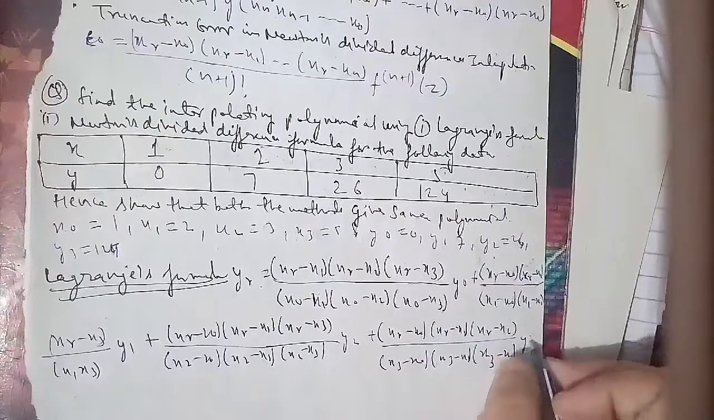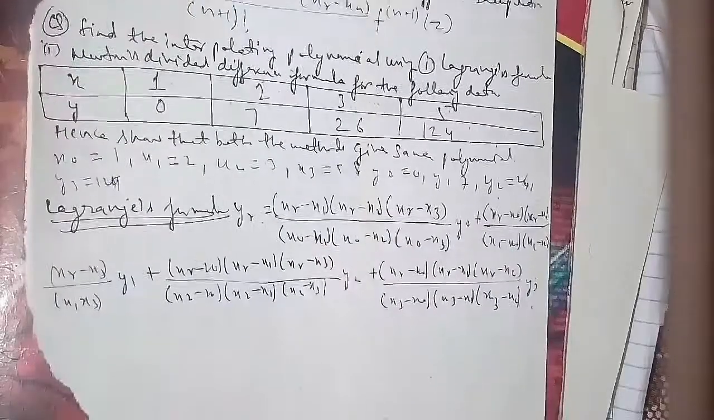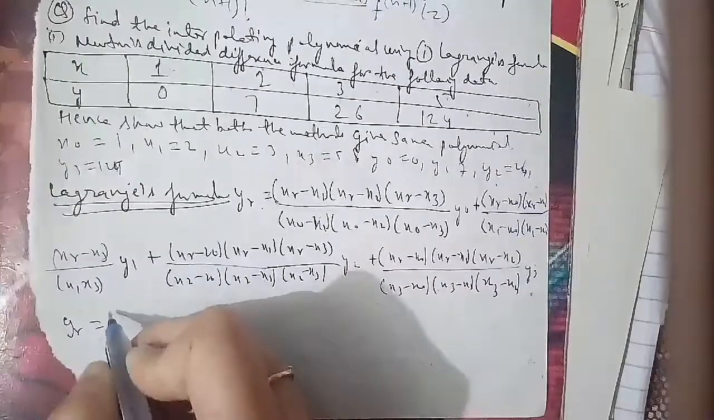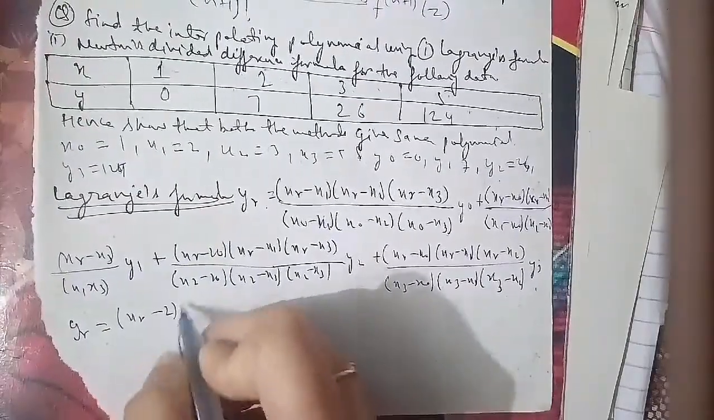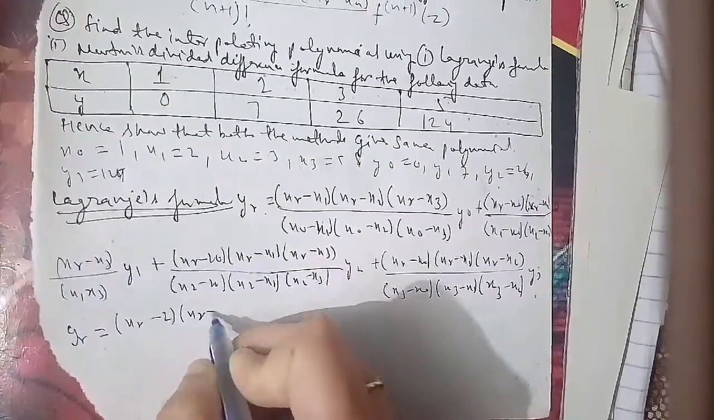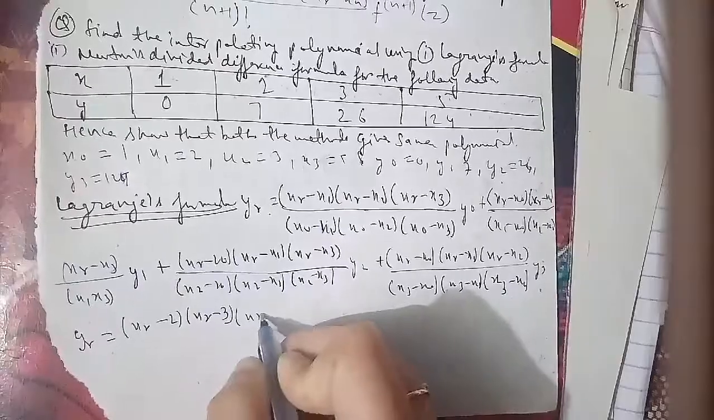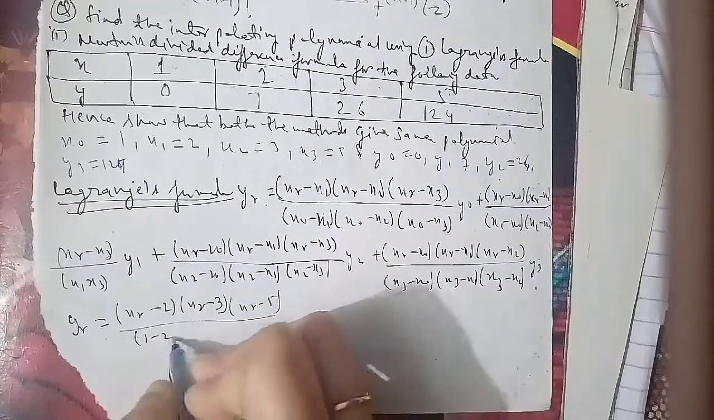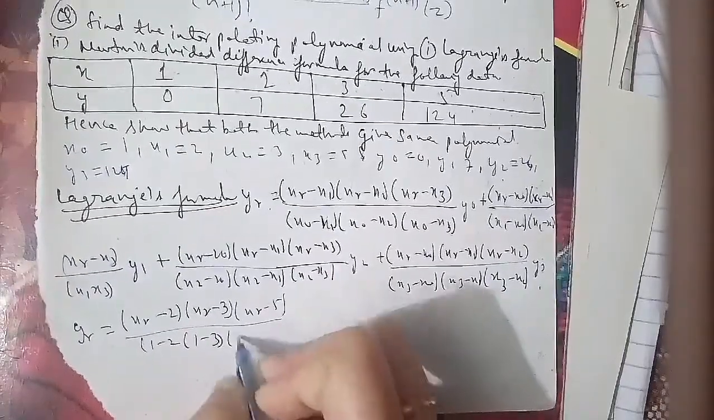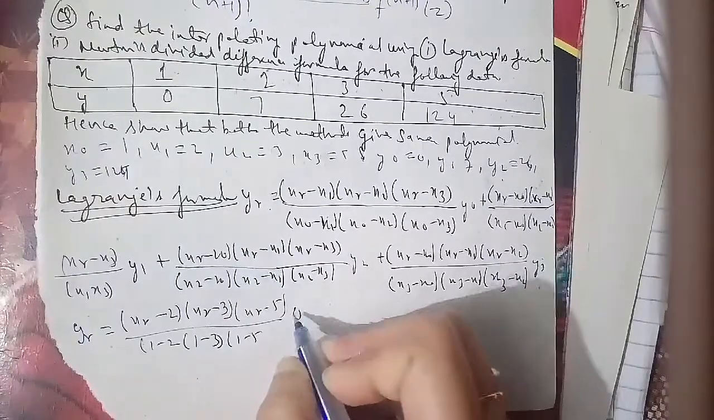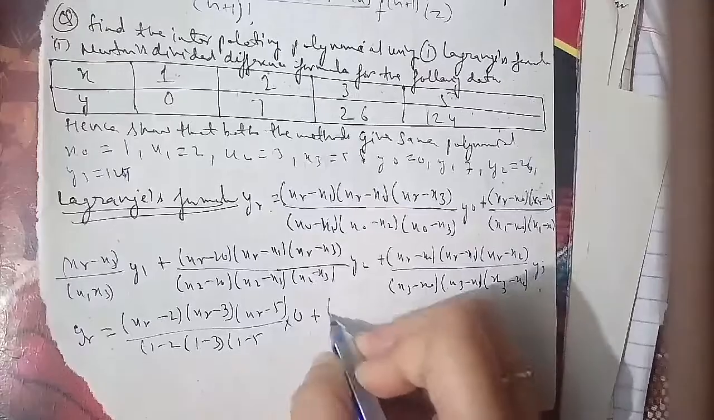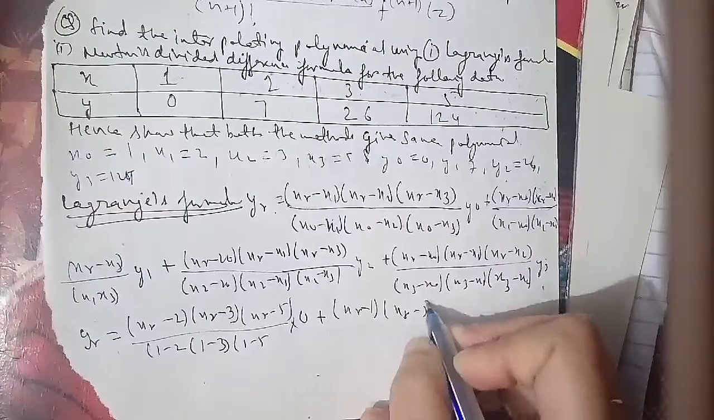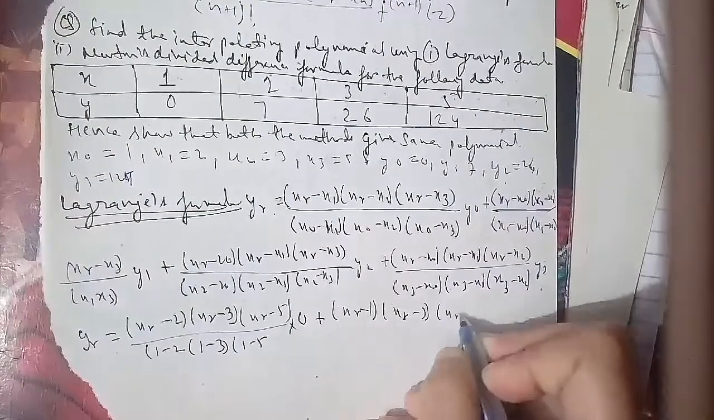yr equals xr minus 2, xr minus 3, and xr minus 5 upon 1 minus 2, 1 minus 3, 1 minus 5 multiplied by 0 plus xr minus 1, xr minus 3, and xr minus 5 whole upon 2 minus 1, 2 minus 3, and 2 minus 5 into 7 plus